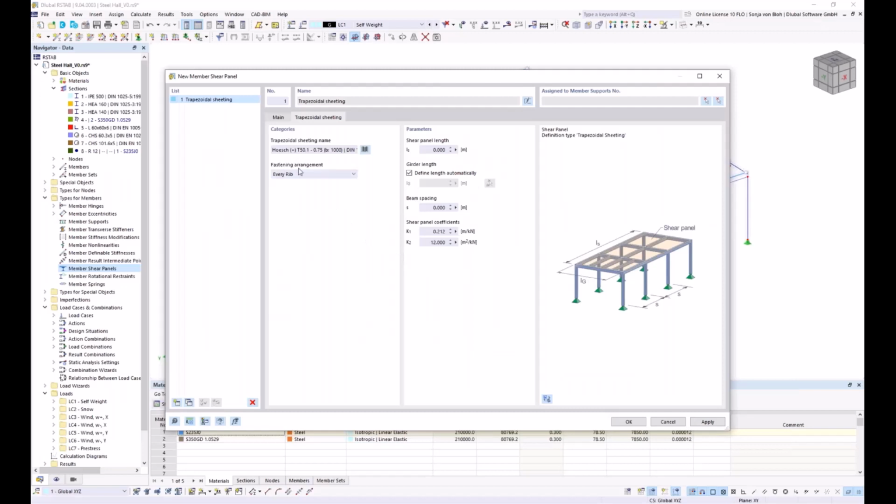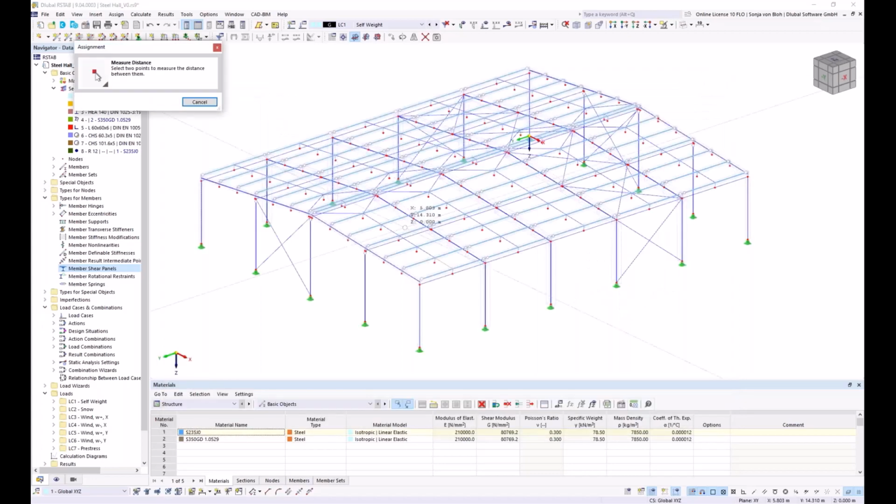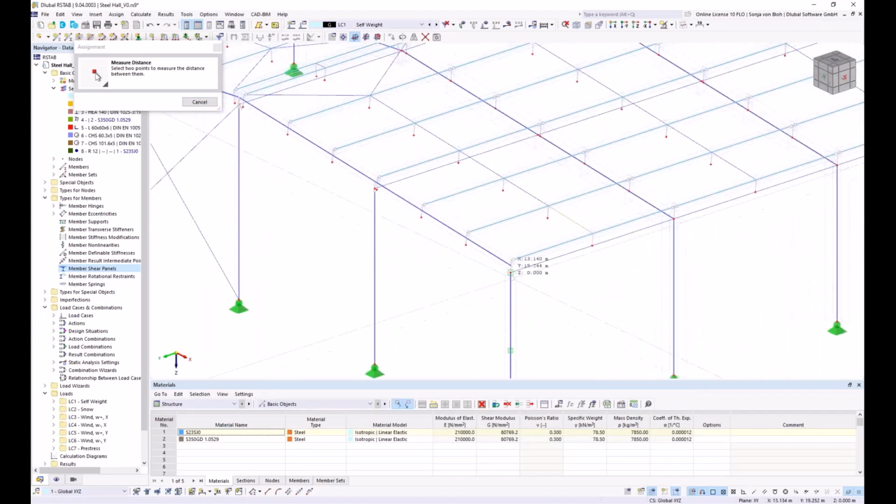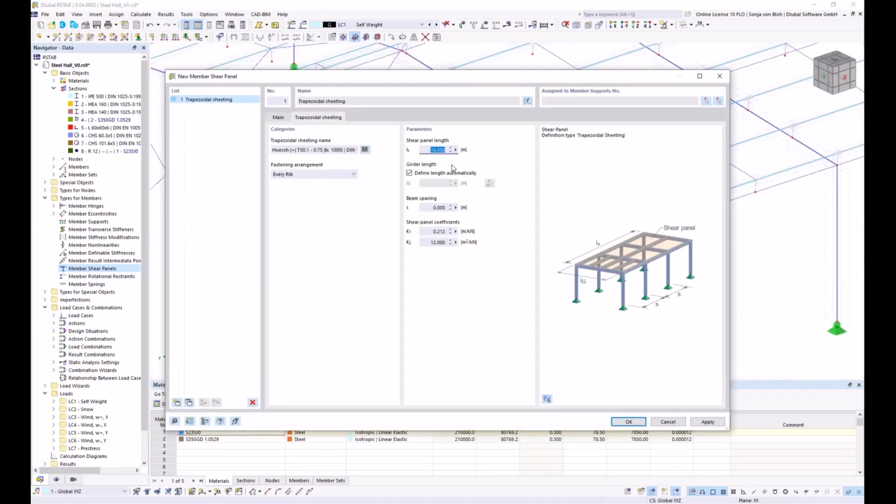The trapezoidal sheeting is fastened in every rib, so I choose this option here. The shear panel length corresponds to my roof length, and I can pick this graphically. I choose measure, and then I choose my nodes, and now the shear panel length is defined with